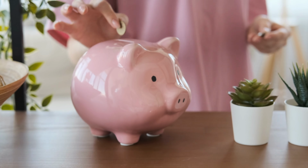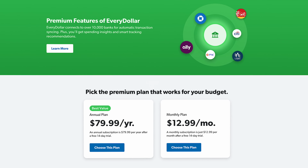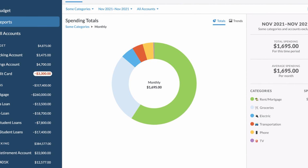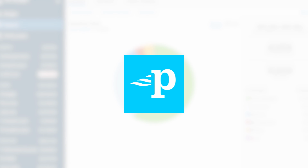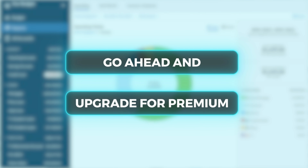So You Need a Budget is a little bit more expensive, and outside of that 34-day free trial, there is no free version of YNAB. While EveryDollar does allow you to use it for completely free, the only difference is that you won't be able to automatically sync those transactions from your other financial accounts. But as we'll talk about at the end of the video, a successful budget is all about removing the pain and friction that is often associated with budgeting. So if you're going to use any of these platforms, or any other budgeting platform for that matter, then I'd say go ahead and upgrade to the premium version, because it is a small investment that will pay for itself